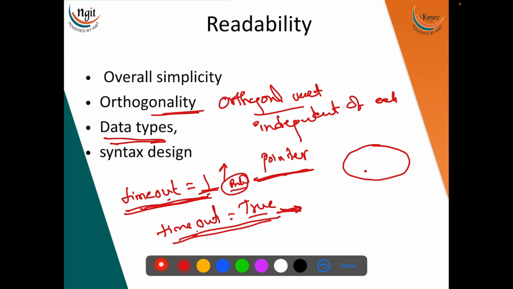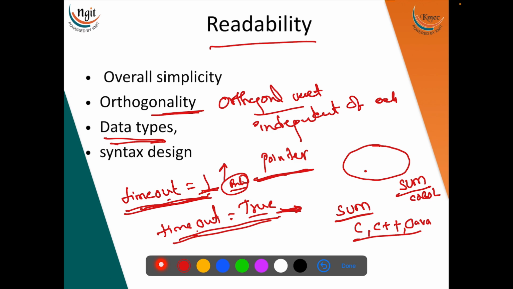And the next is about syntax design. Here it plays a very huge role because all the programming languages will not support all kinds of keywords. If you say sum is a variable in C, you can make it in C++, in Java, you can make sum a variable which is created by the user. But the same sum is a reserved word in COBOL. So readability comes from language to language in different ways, as you have to know the concept of that particular language, how it supports. So readability is one of the features to judge the